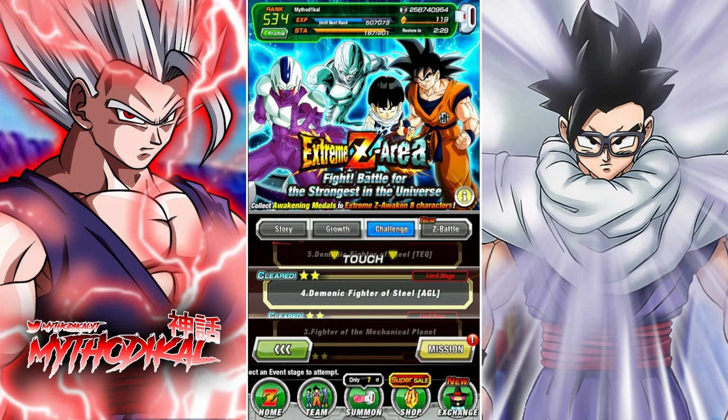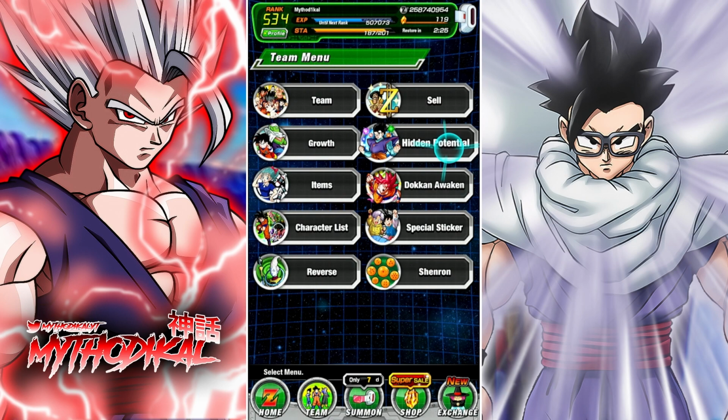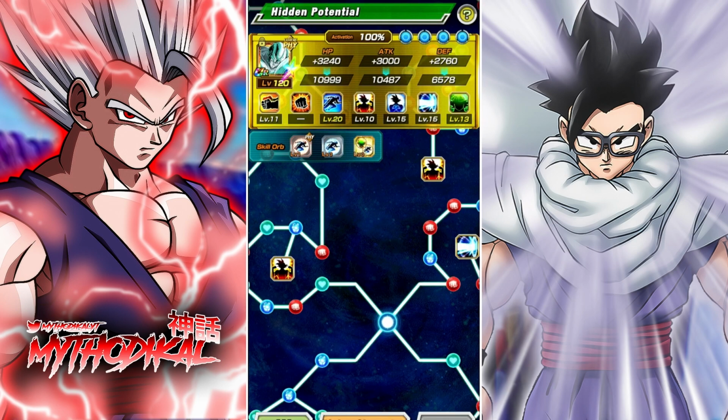But let's go ahead and take a look at the hidden potential spread on each of my Metal Cooler types here. So right now, I did put skill orbs on them. Maybe I shouldn't have before I showed you. Nonetheless, it is what it is. But basically, for this physical type, I ended up with 11 additional. And then before I put skill orbs on them, I ended up with 15 evasion or 15 dodge,